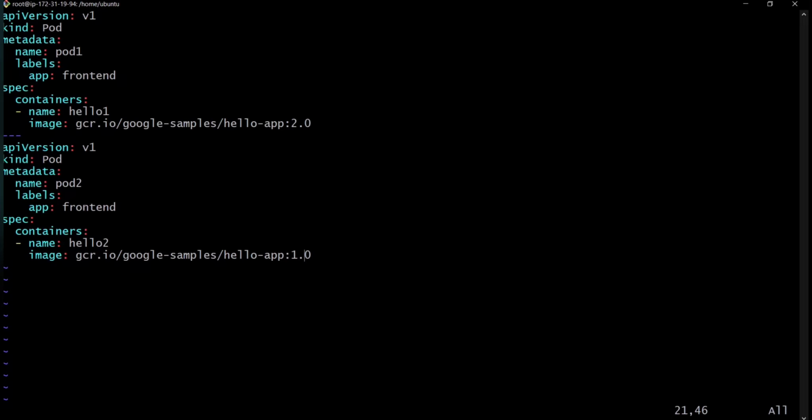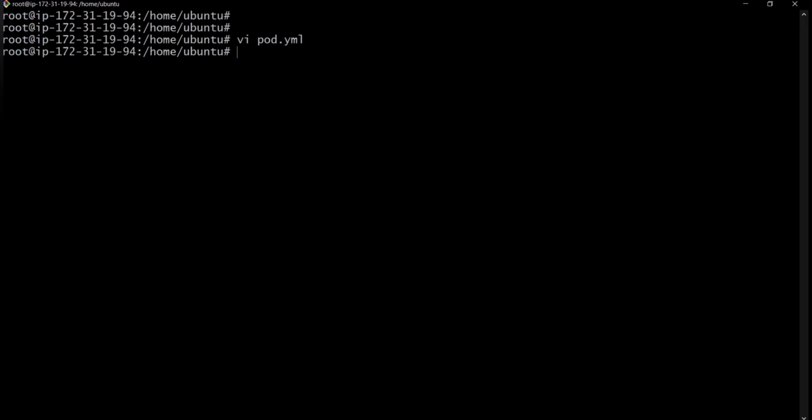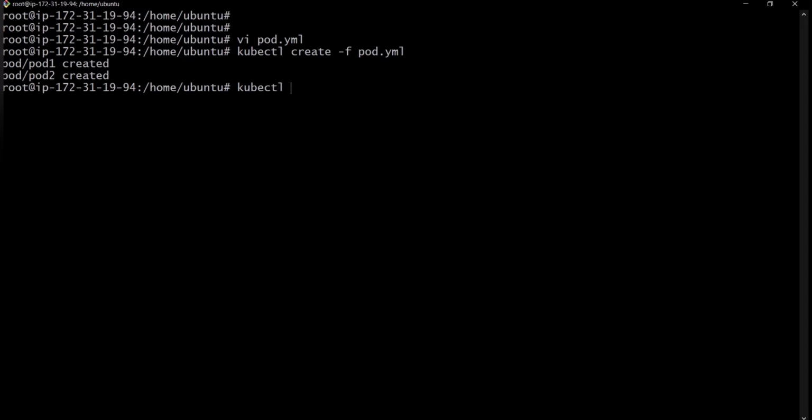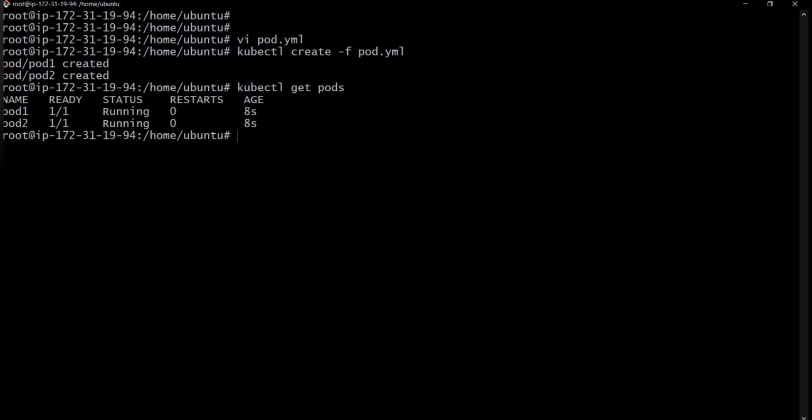Just save this file and create the pods: kubectl create -f pod.yml. We can see here 2 pods are created, pod 1 and pod 2. Let's execute kubectl get pods. We can see the 2 pods are running.